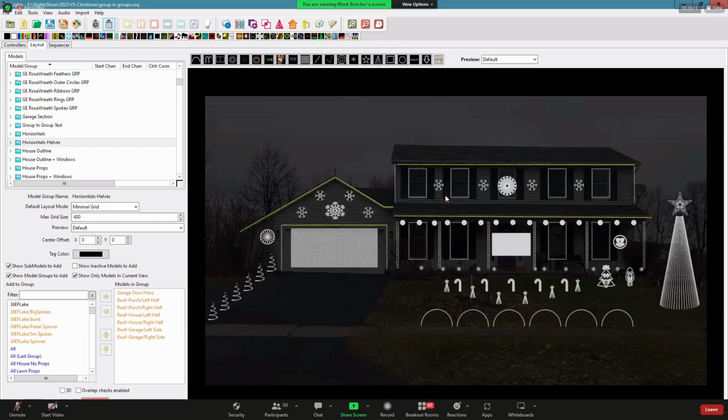Mark, could you touch on the red plus sign in the middle? Sure. In this case, it's the center of this horizontal half. So if you were to do a shockwave effect, this is going to be the center of that shockwave effect, so it's going to work its way out from there. If you do a bars effect, it's expanding, same thing. This is going to be a center point, and you can adjust that over here.